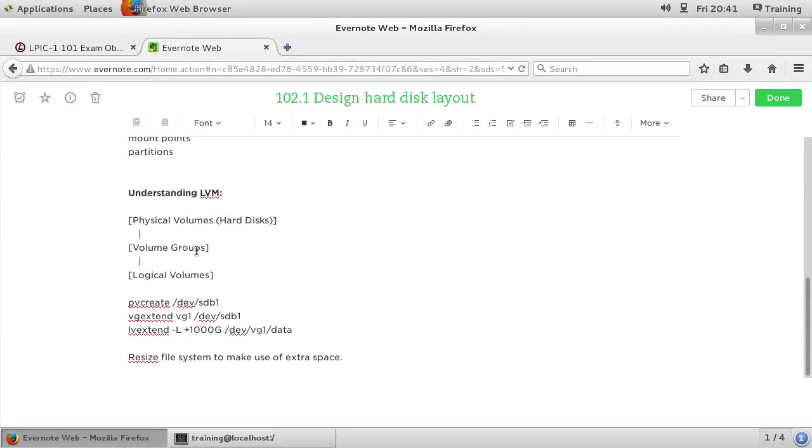Okay, so the other thing that they want you to know in this section is to have a conceptual understanding of what LVM is. LVM is logical volume management. The way that it works is it takes physical volumes, which you can think of as hard disks. You could have multiple hard disk drives in a machine, and all of those physical volumes make up the volume groups. From the volume groups, you can create logical volumes, which then become disk partitions on